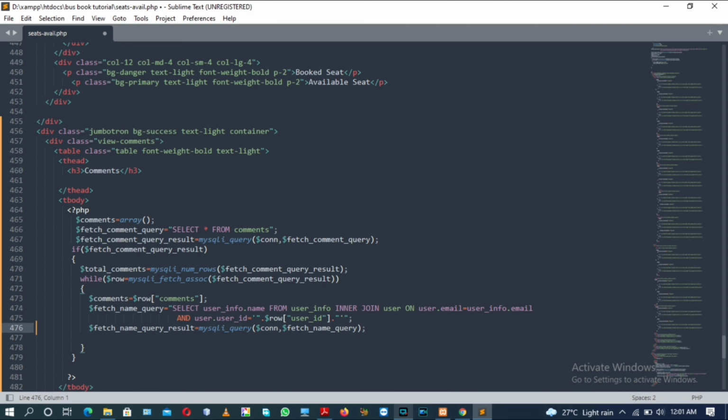Actually, the index of the row should be enclosed inside double inverted commas, and the row variable itself enclosed inside double inverted commas, which in turn is enclosed inside single inverted commas.